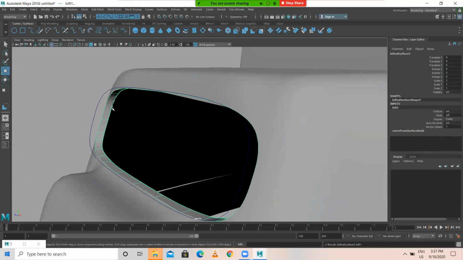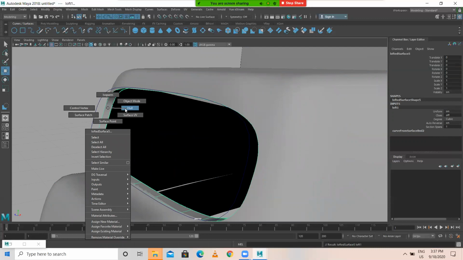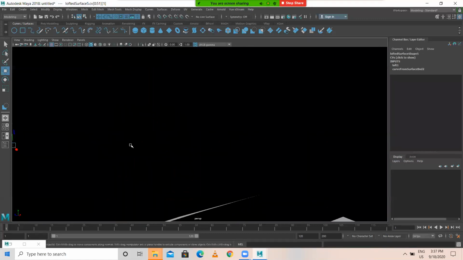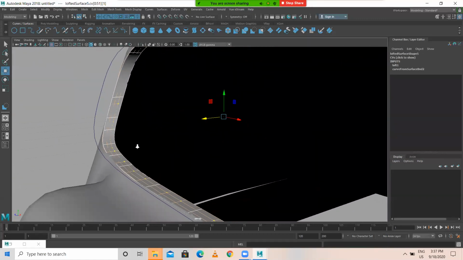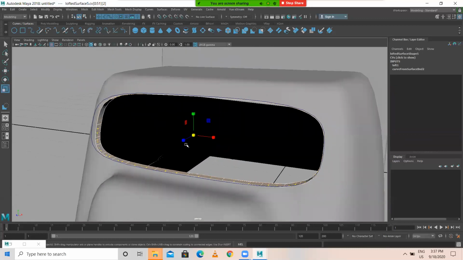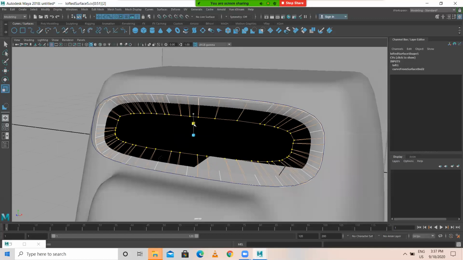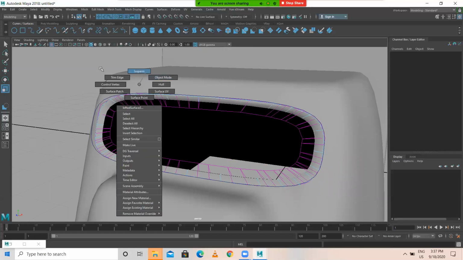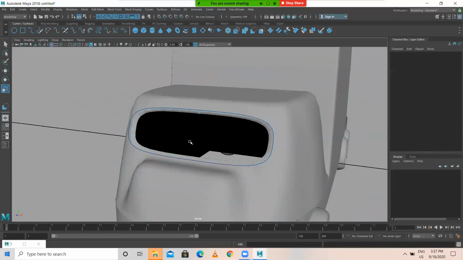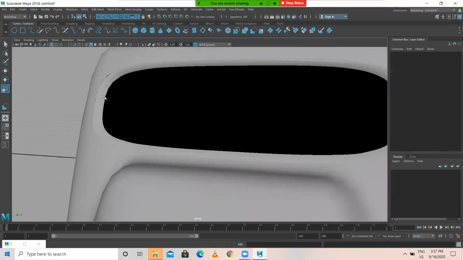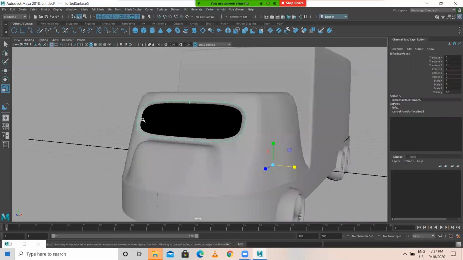So after loft, go to hull. There is something called hull. You need to select the lofted surface, right click, hull. Hull is nothing but a loop of the vertex, one complete vertex loop. Select any one hull, then scale it like this. Then you get like this, kind of a beading for the object.